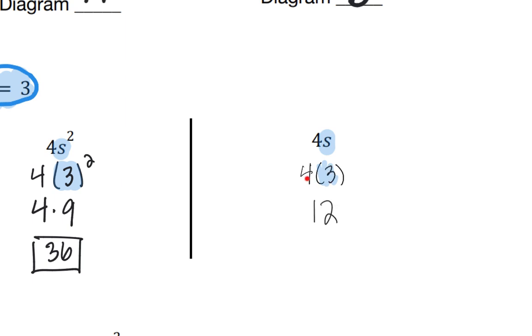Use the parenthesis here, because if you don't use the parenthesis, I see too many students do this. I see too many students do 4 and then just put the 3 in there, and it just looks like 43. That's not what it is. It's 4 S's. And 4 S's is 4 3's in this case. 4 3's are 12, right? 3 plus 3 plus 3 plus 3 is 12, right? 4 3's is 12. So the area here is 12. So that is the standard